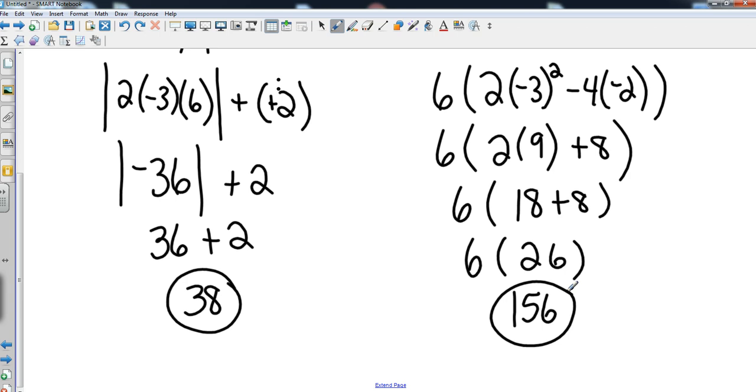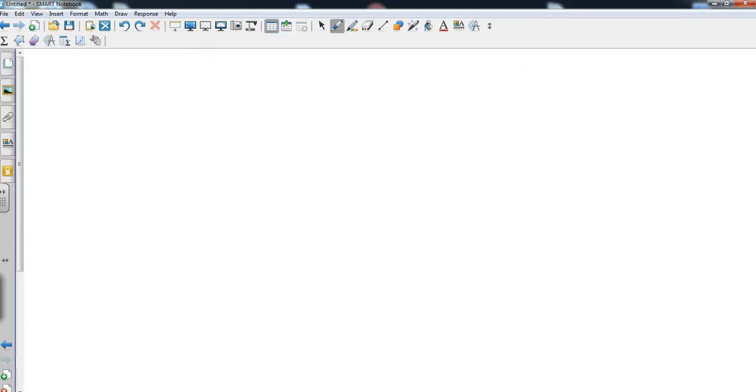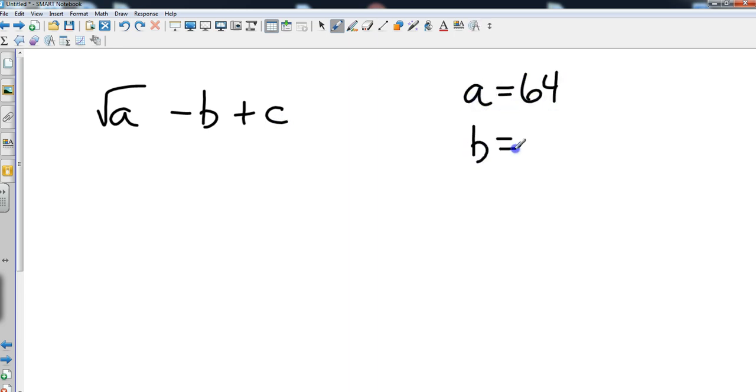Might see some fractions, still done the same. Might see some square roots. So let's take a look at a square root. Again, probably start off really basic. Let's use A, B, and C this time. And so as I fill these in, I'm going to have the square root of 64